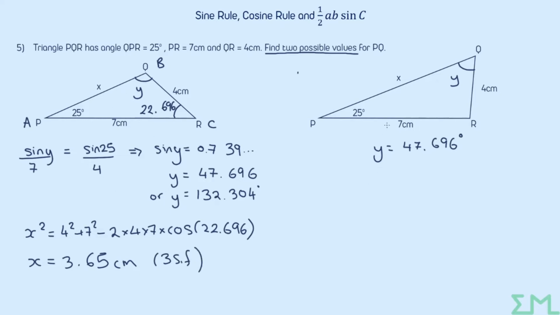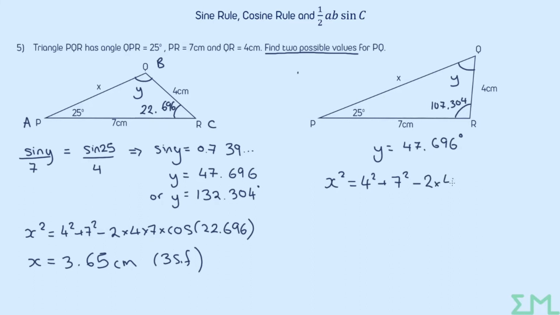Okay, so let's do the same working for the other triangle. We're expecting to get a larger answer for x this time because this one's using the triangle that has a larger angle here. So we already worked out that y was 47.696, which means we just need to do 180 minus 25 minus the 47.696 to find out the angle that we will be using in the cosine rule. So this will be 107.304. So we go into the cosine rule again, x squared, so all the same working,